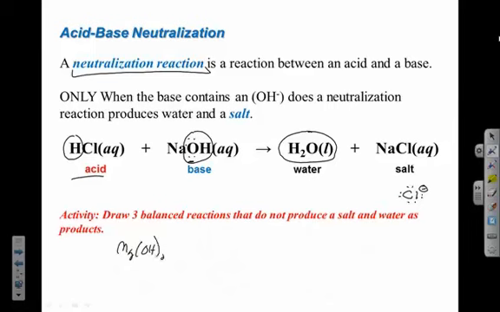Mg(OH)2. So what I recognize here is that I've got a metal that can only make a noble gas configuration if it has a charge and does not share electrons. So that means that the OH, since I have two of them, must have a negative charge. Two negatives to balance out my two positives. So if that's a solid,